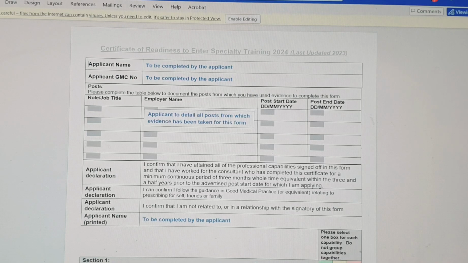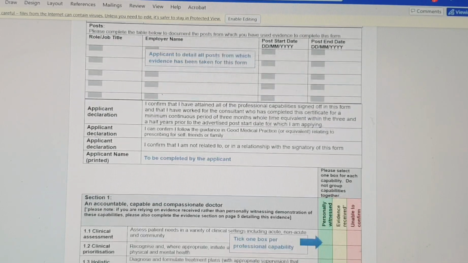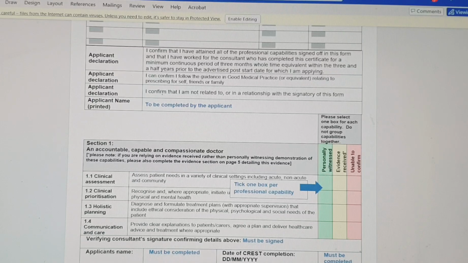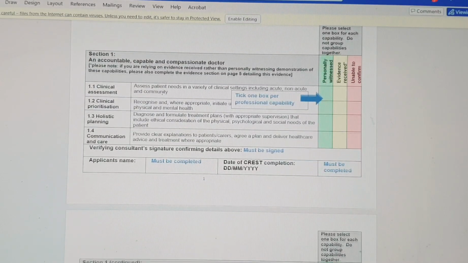Very carefully they have highlighted it on the Crest Form with bold marking. The first section is the applicant name, so it's very straightforward. The important thing is that this information has a 3-section declaration. You will sign 3 sections. These sections basically they want to